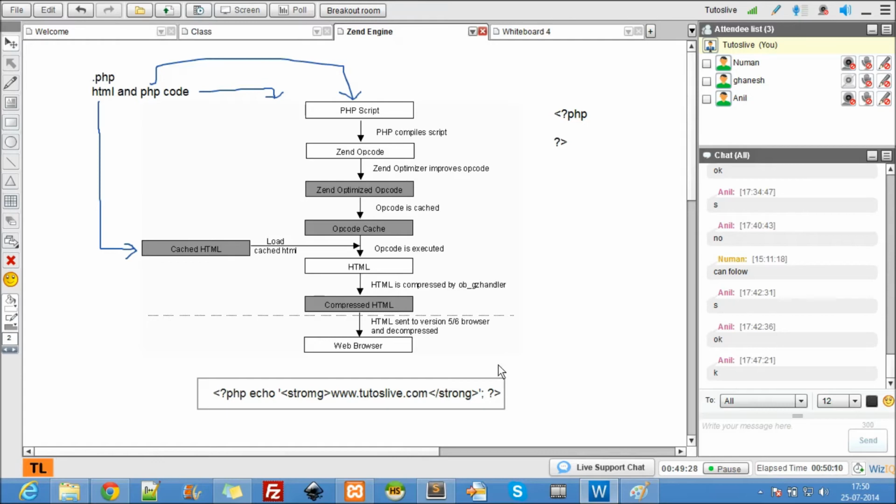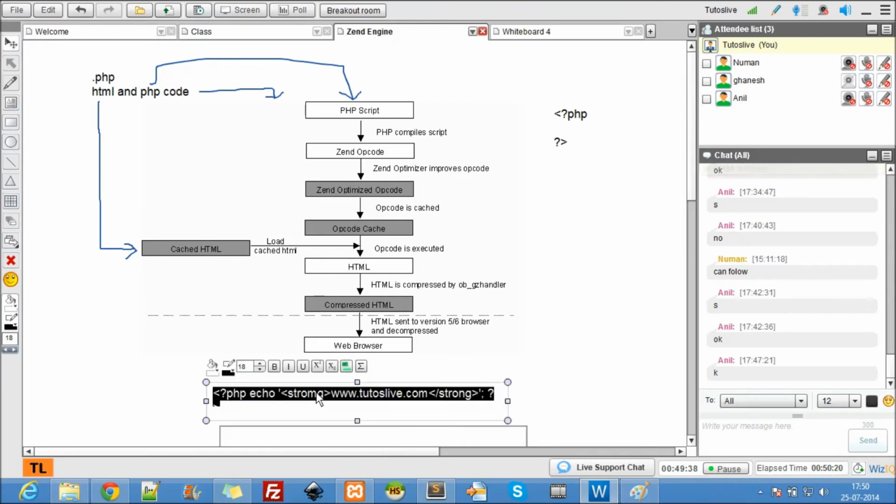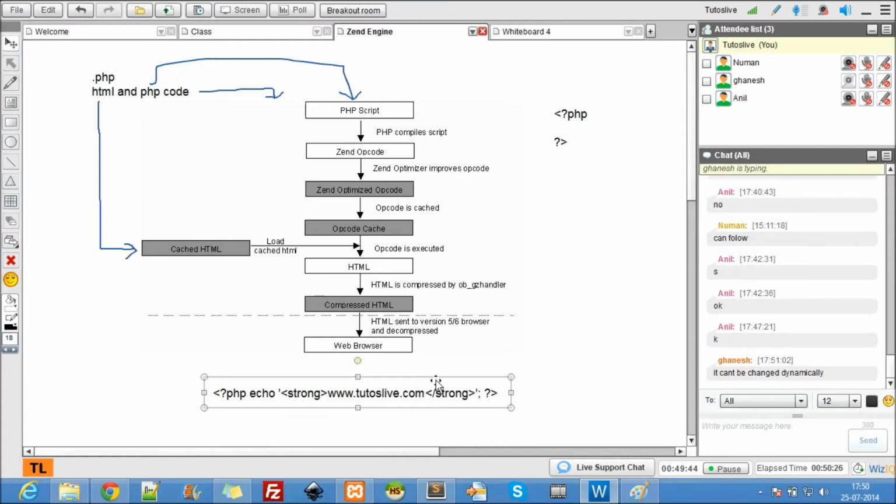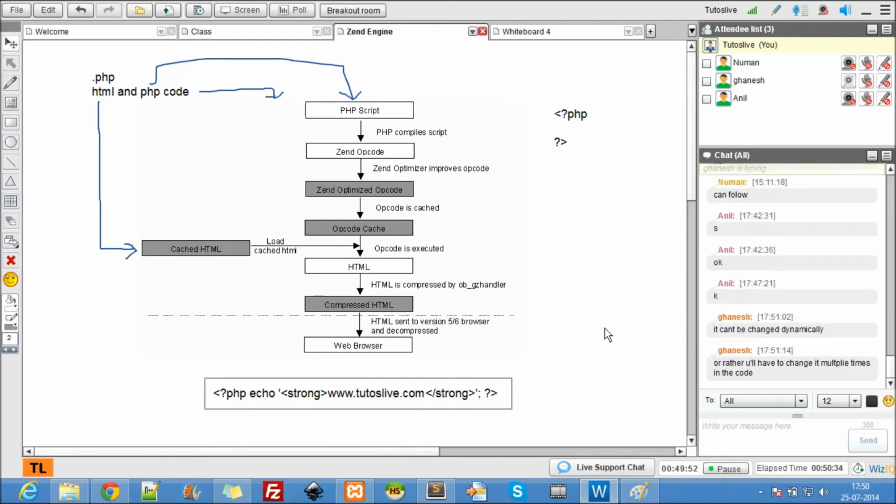But what's the drawback here? You guys understand what's the drawback here? Can anybody spot the drawback here? It can be changed dynamically. Okay, one thing. There's a major drawback here, I'll explain that.